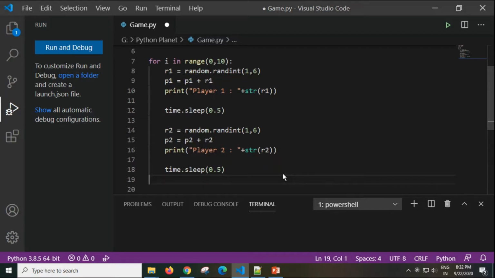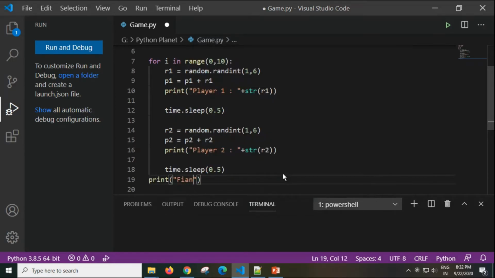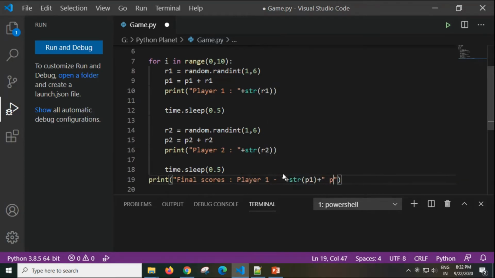Here ends my for loop. Now next I will print the final scores of both the players. So final scores, player 1 and player 2.